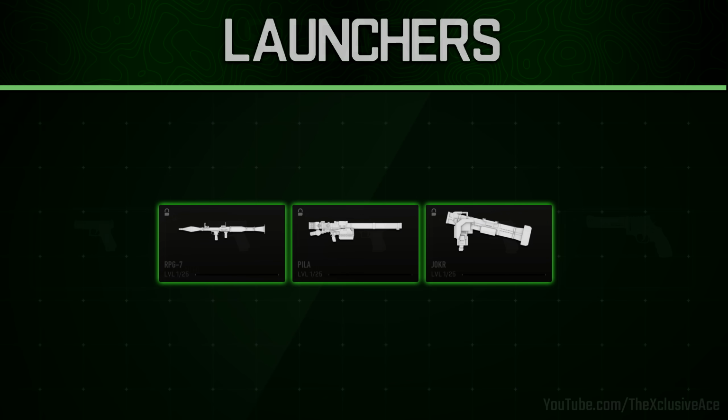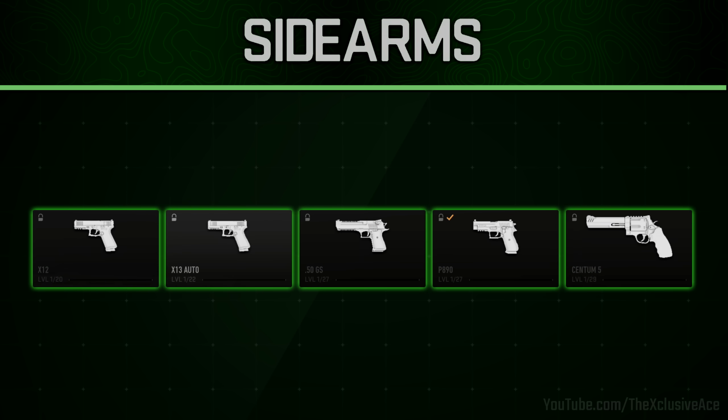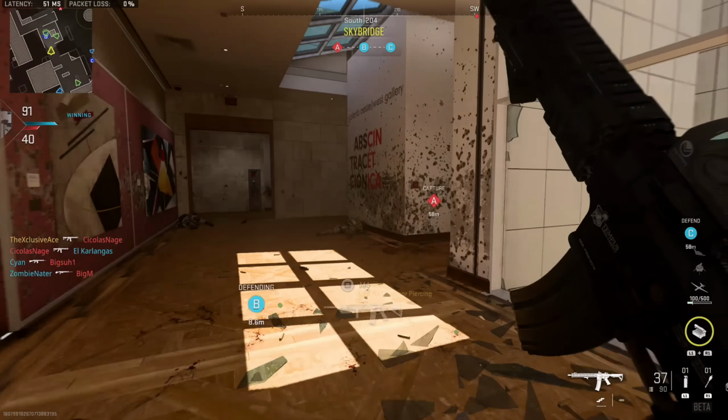But finally, one last category of weapons to go through are our sidearms. We've got the X12 and X13 Auto, the 50GS or Desert Eagle, the P890, which is based on the SIG P220, and the Centum 5, which is a revolver. So there we go, that's the full